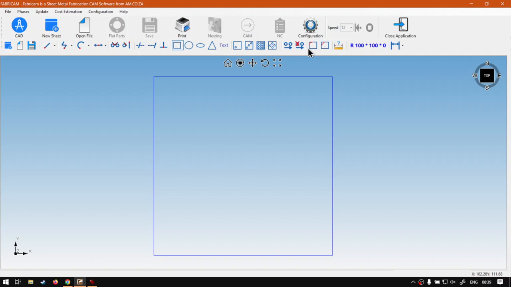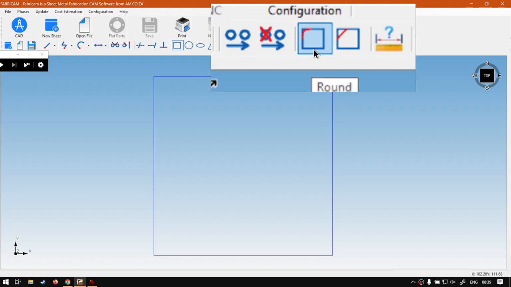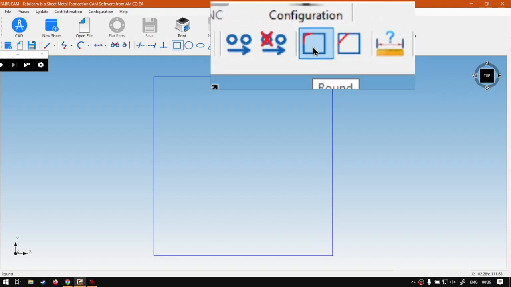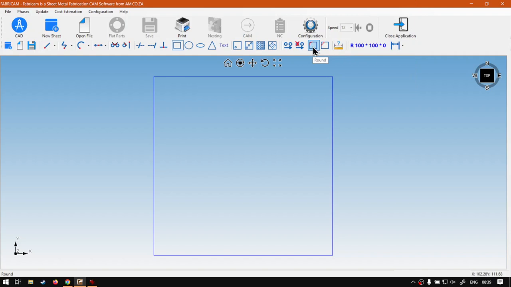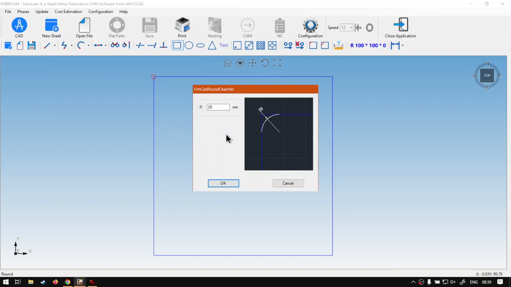So next to the copy and cut that we looked at, we've got these two. First one, as you can see, is this round. The second one is a chamfer. So I'm going to select the round first, and then what you want to do is navigate to a hotspot. So if I go to this little hotspot that goes red, I'll zoom in there so you guys can see better. Then once I click that, it's going to pop out the option about how much do I want the